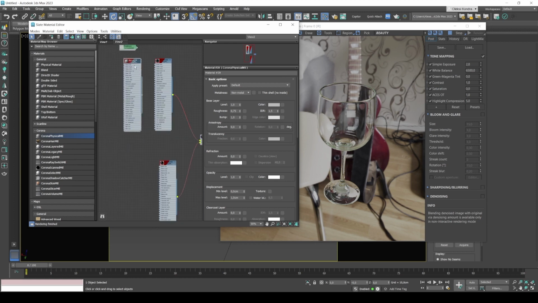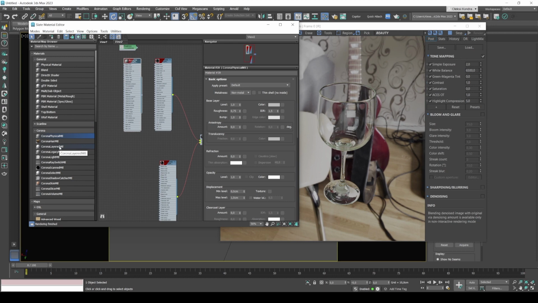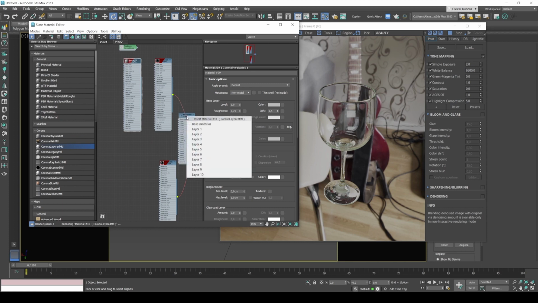Next we need to blend these 2 materials. How do we do this? We can use Corona Layered MTL and we need to add it between our basic glass material and our multi material. See, the material is becoming more complex. I select base material,